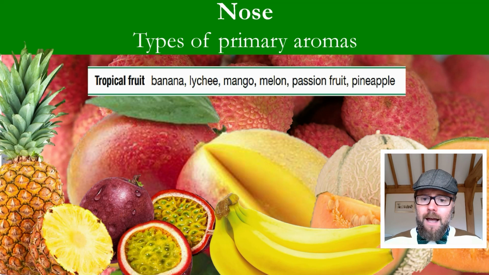Okay, then we find the last category, which is tropical fruit, and a wonderful, quite exotic array of colours before your eyes. So, tropical fruits certainly are found in white wines, which are definitely more exotic and tend to be from warmer places. That is, tend to be. And you have banana, often in really ripe Chardonnays, lychee, which is very much quintessential in a Gewürztraminer, mango, which is something you often find in very exotic type Rieslings, melon, things like Torrontés can have that,